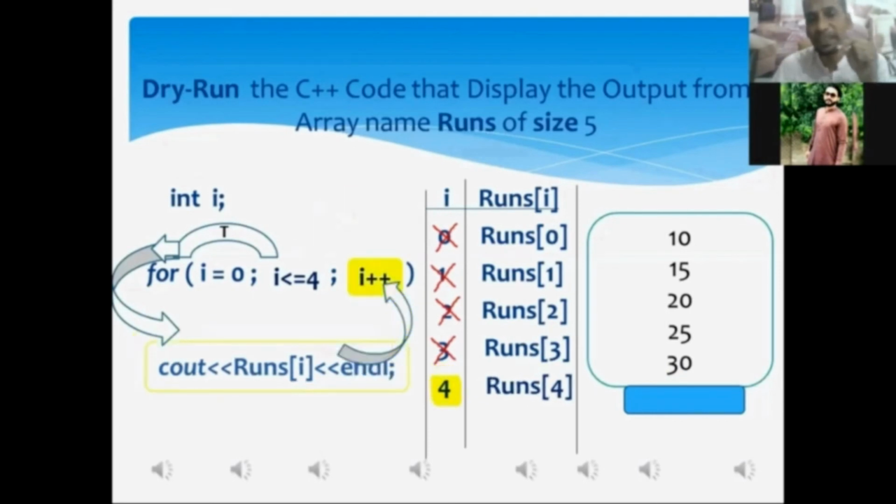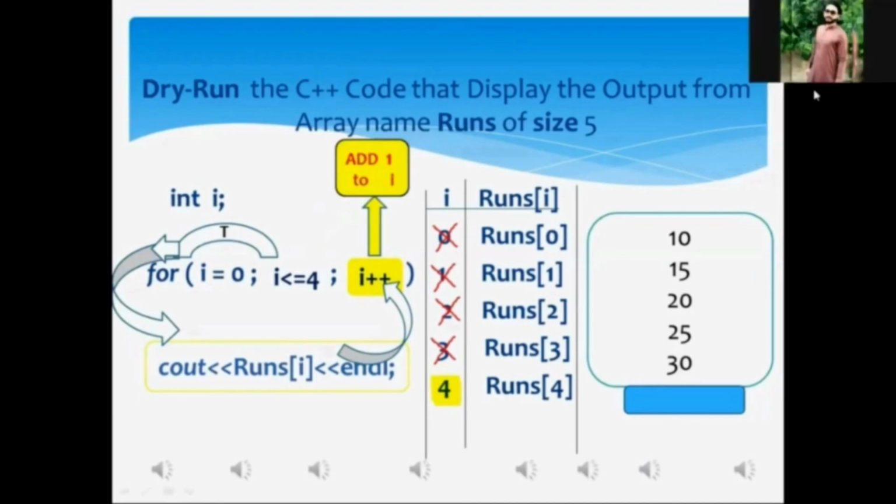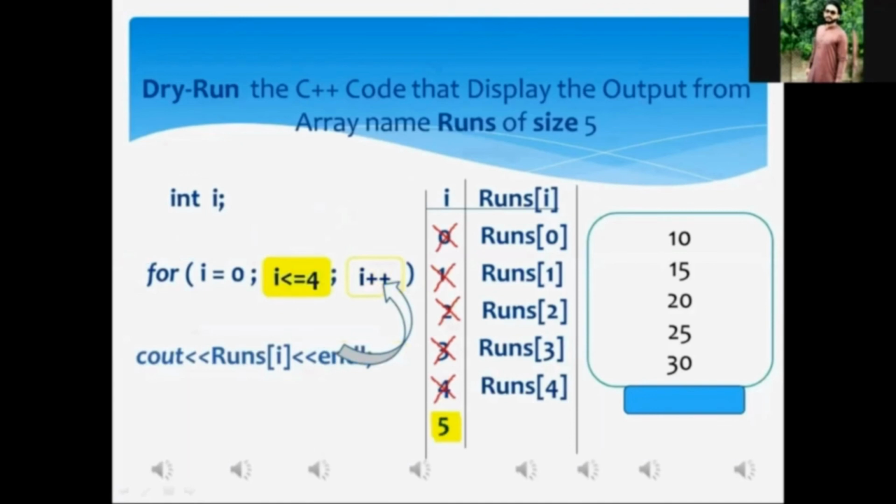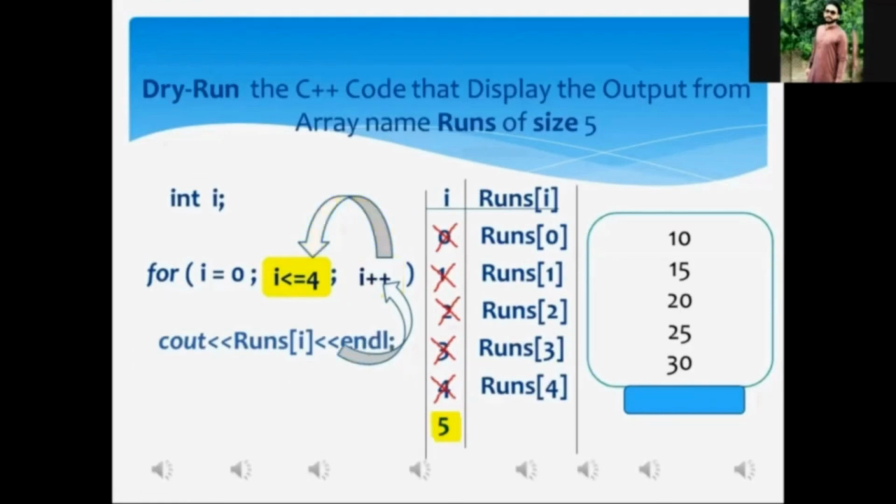When this increment statement is executed, what will be done here? When you add 1 to I, what will I's current value become? 5, sir. It will become 5, my dear. Now I am placing the current value of I, that is 5, in the column I. After the execution of the increment statement, the control of execution will be shifted to the condition statement. When you place the current value of I, that is 5, in the condition, what will this condition become here?